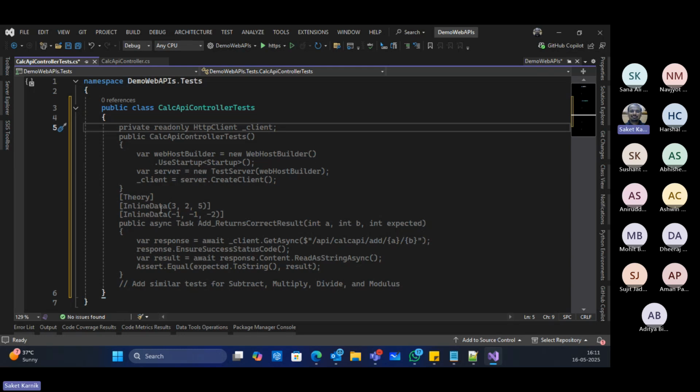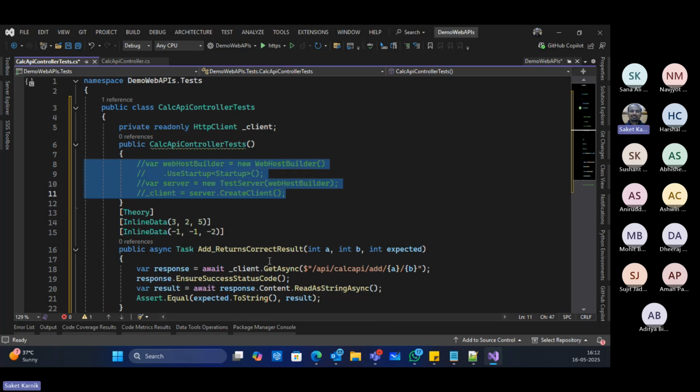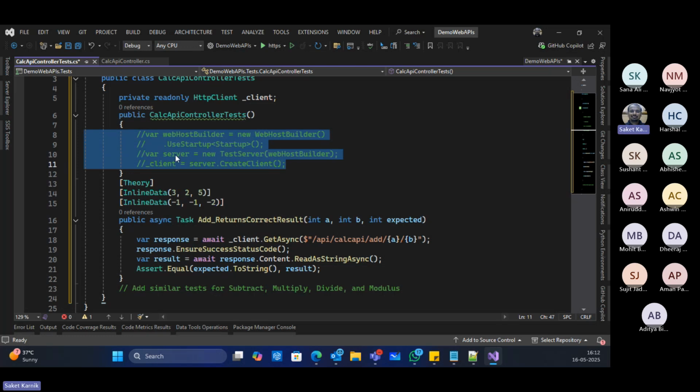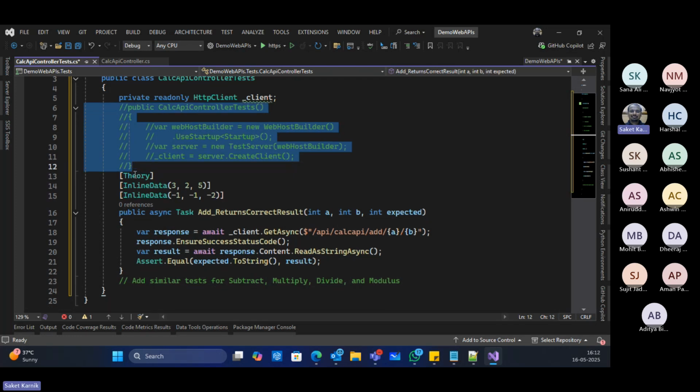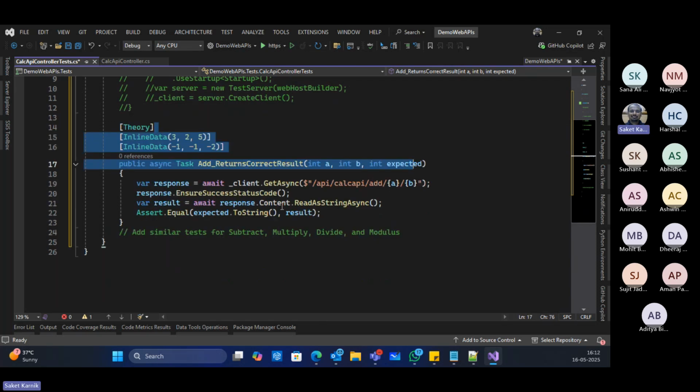Here it comes up with your test cases. Okay. This thing, I guess, is not required. So you can actually comment this. If your API is not running, in that case, this is what is required. Otherwise, this is something which you can just keep aside. I just comment the whole constructor here. And here is the test case for add. Okay.